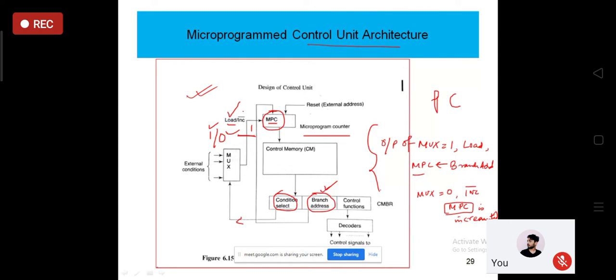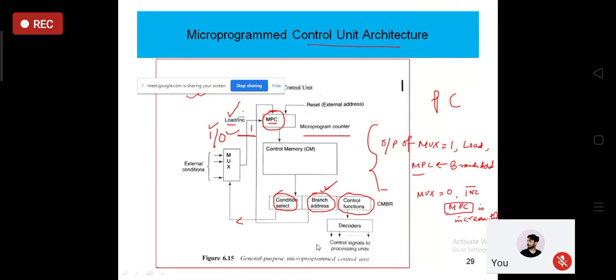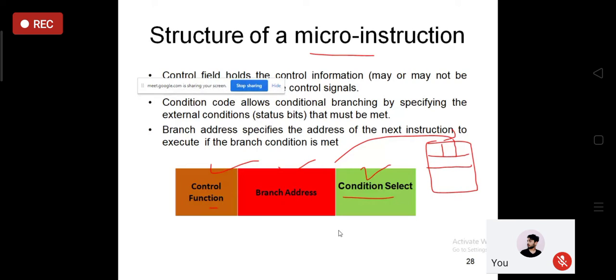And one point that is important: the functional output, you can see the control function. Whatever is the output of this control function is passed through the decoder, and we are getting some control signal. So your intention is to ultimately get this control signal. After all these things, you are getting some control signal out of this. Okay. So it is all dependent. And can you just see this one? The whole thing is nothing but this one. Right?